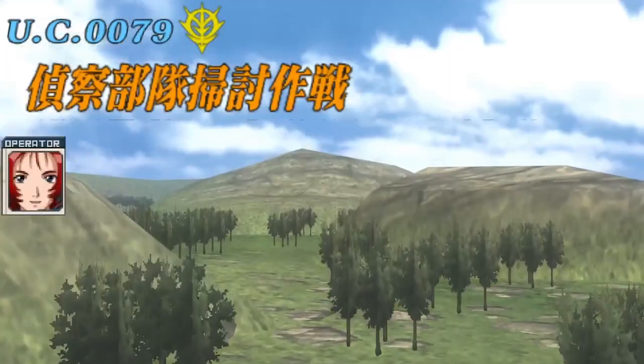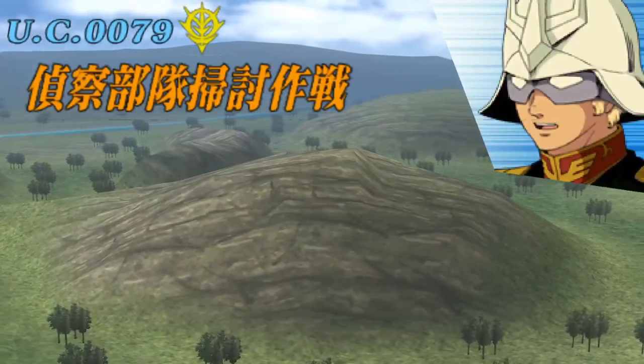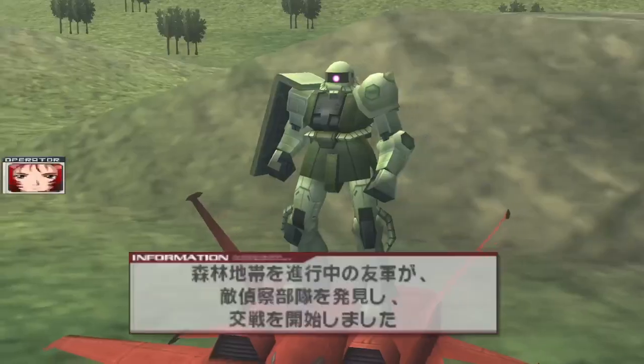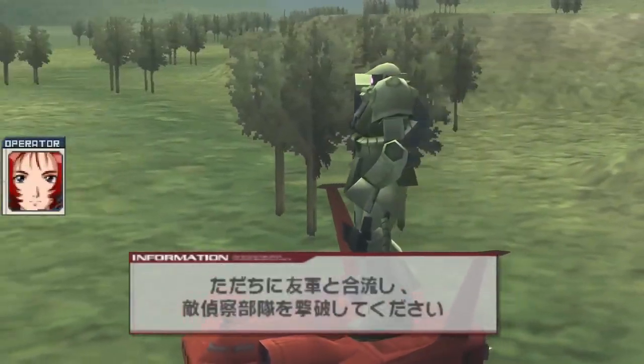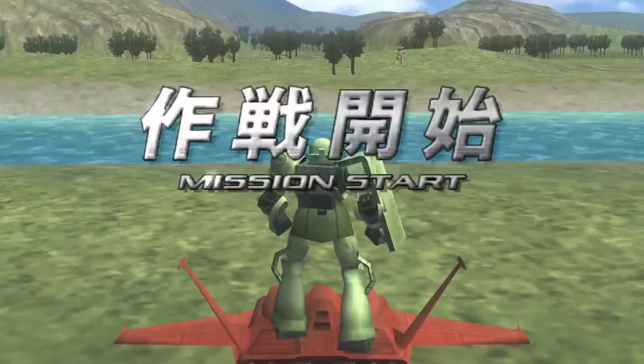出撃お願いします。どうかご無事で。見せてもらおうか。連邦軍のモビルスーツの性能とやらを。戦闘エリアに入りました。交戦開始。ご武運を。